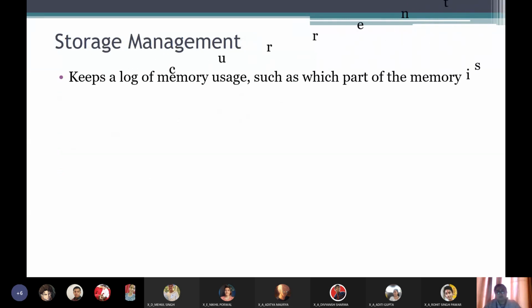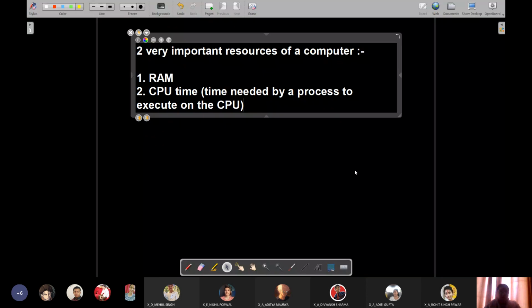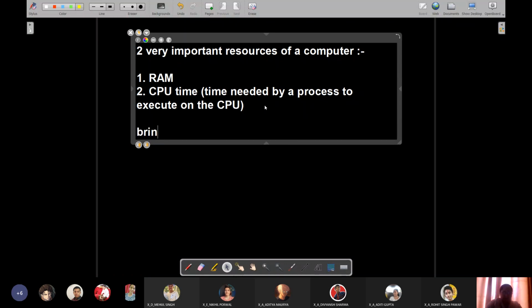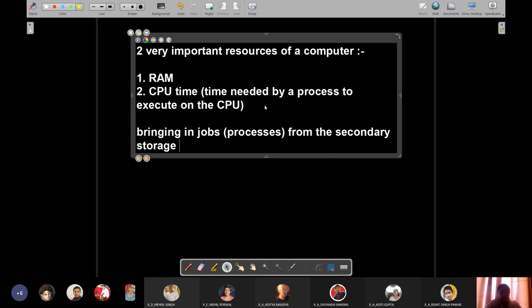It keeps a log of memory usage, such as which part of the memory is currently in use. Not only this, but also bringing in jobs. When we say jobs, it is actually another word for processes, right? So bringing in jobs from the secondary storage into the RAM for execution.